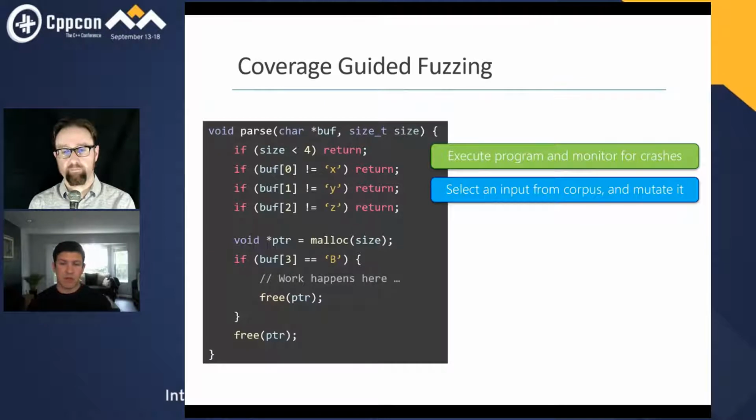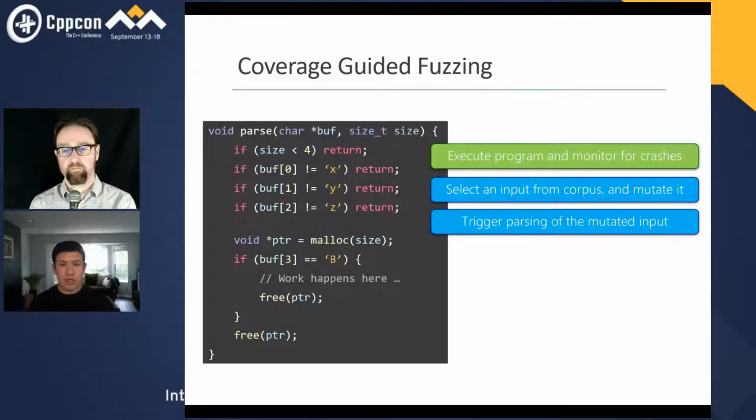And there's a huge body of work here in academia and in the security industry on what makes a more valuable mutation and what types of mutations are more effective on different types of parsers and programs. So then we need to introduce that input. So we trigger parsing by invoking the program in such a way that the input that we have mutated will